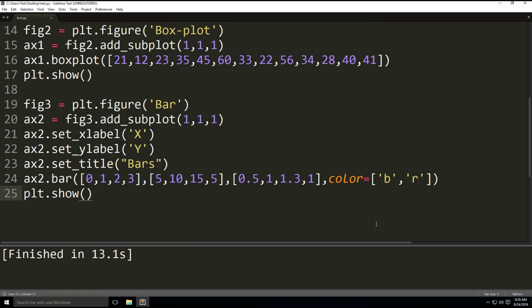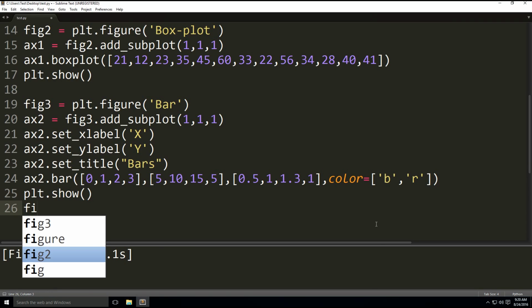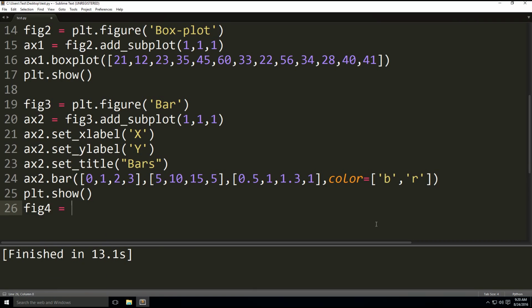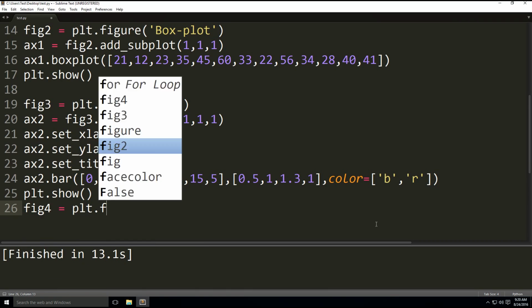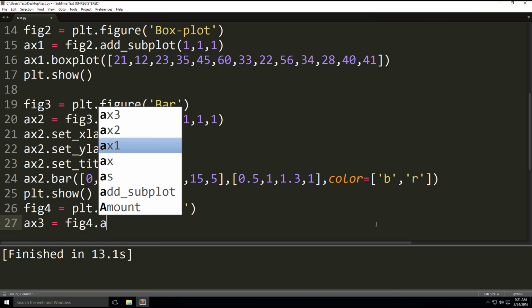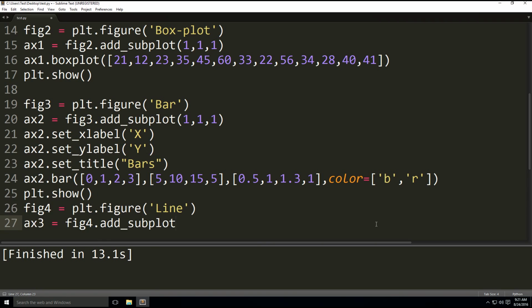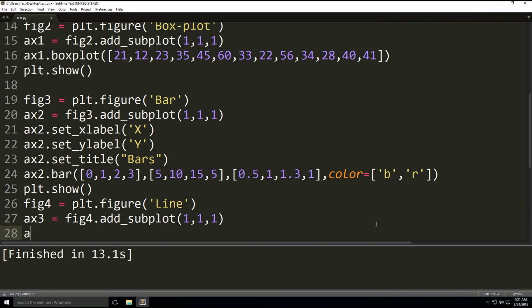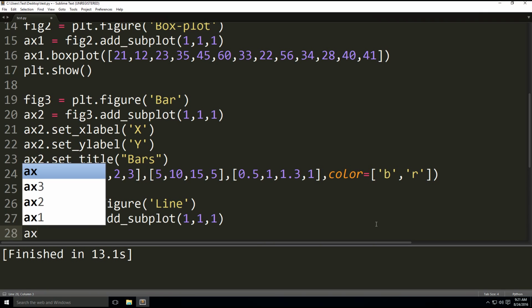So let's do that. So fig4 equals plt.figure, and this time it's going to be Line, capital L, and let's say ax3 now equals fig4.add_subplot. We're doing the same thing here, so we define what kind of figure it is, then we add the subplot, and then here we're going to have the range of x and y axes,